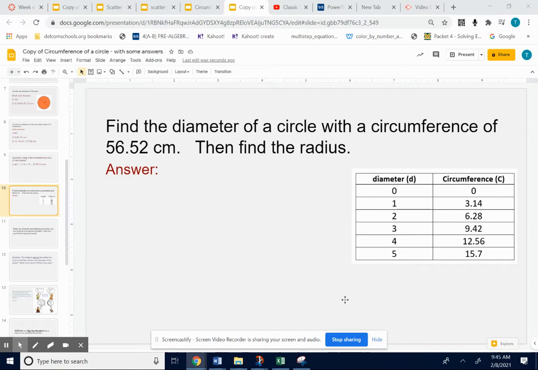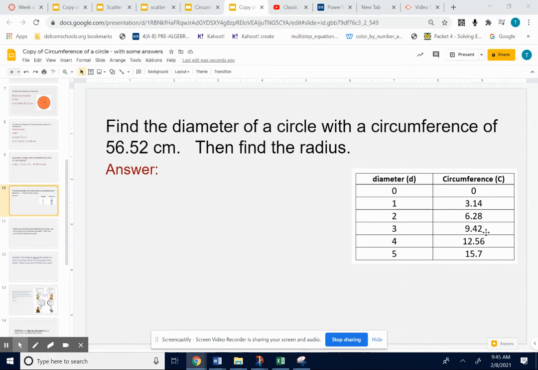Okay, slide 10. We're going to work backwards on this problem. It says find the diameter of a circle with a circumference of 56.52 centimeters. Then I'm going to have you find the radius. But if I gave you the diameter and you wanted to come up with the circumference, think about